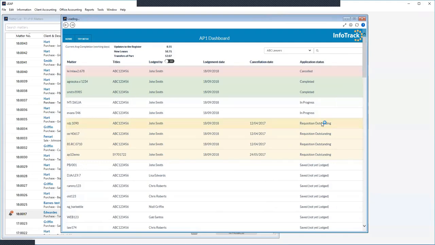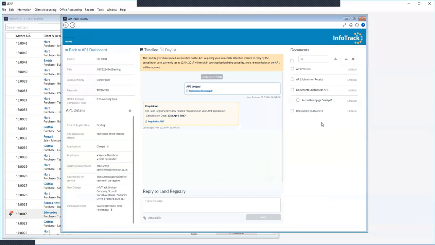All requisitions are going to come back to you via Infotrac and via your LEAP case management system. What this essentially means is we've created a WhatsApp chat-like function for you to be able to respond to your requisitions to Land Registry. So there's no need to go externally, no need to go out of Infotrac and over to Land Registry